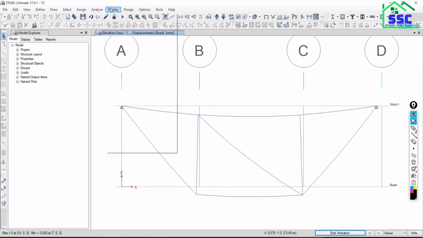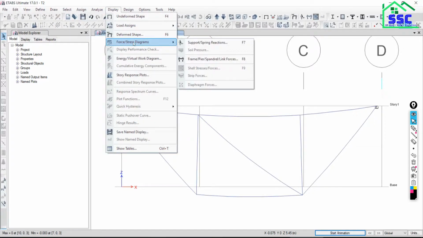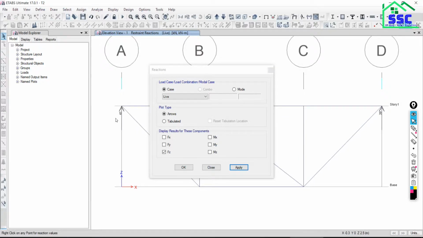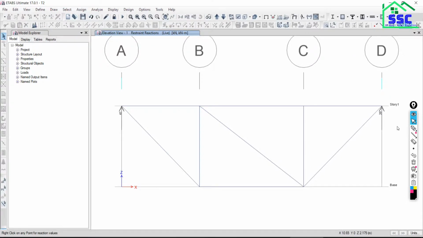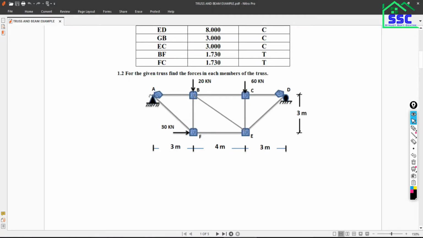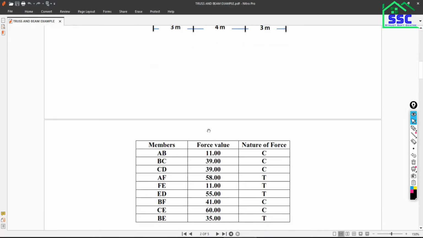Go to Display, then Force/Stress Diagram, then Support Reactions. Then under the live load pattern, say Apply. See, the result is how much? Here it is 41 kilonewton and here it is 39 kilonewton. The example does not actually give the reaction result here, so let it be as it is.